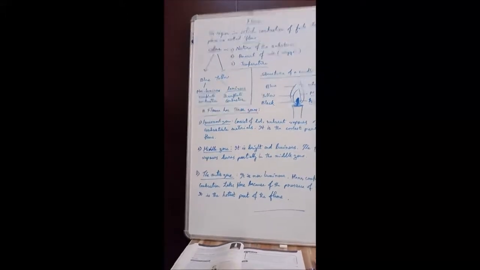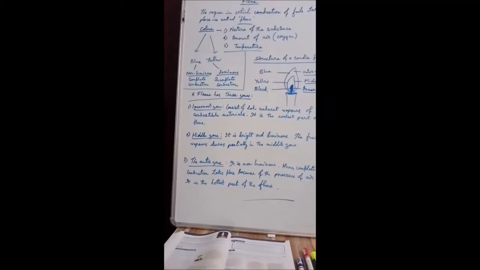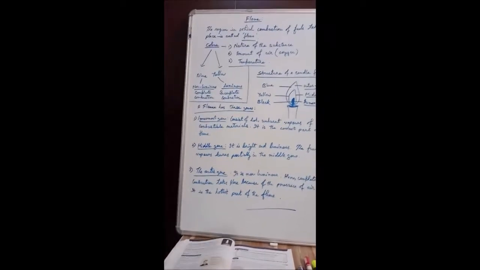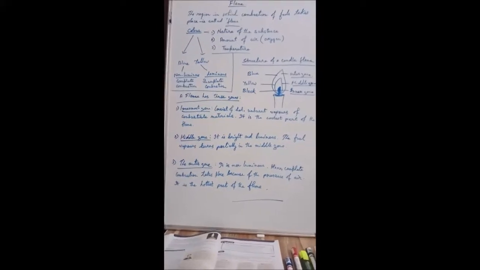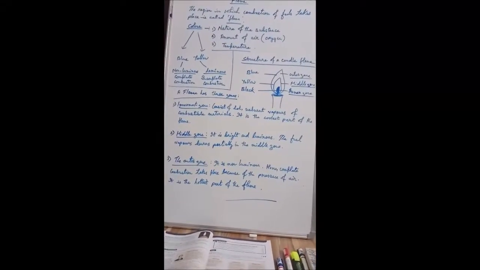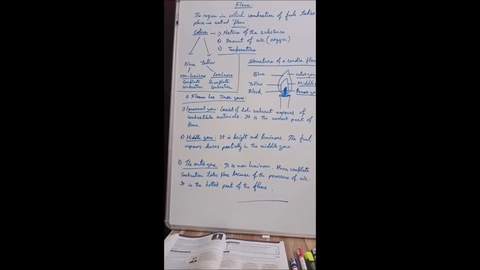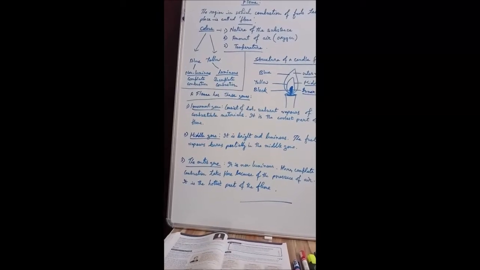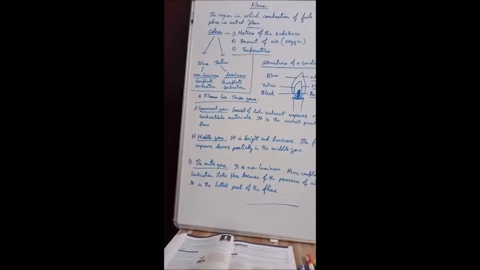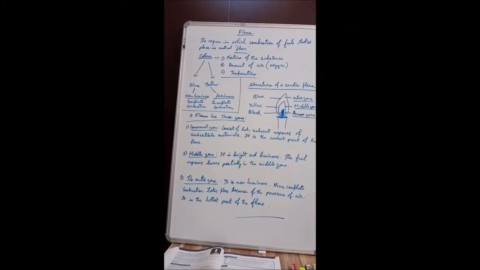The third and the last one is the outer zone, the outermost zone, which is blue in color. The outermost zone is non-luminous, it does not emit much light. Here complete combustion of the fuel takes place, since there is plenty of oxygen or air in and around it. So the outermost zone has the highest temperature. It is also the hottest part of the flame.